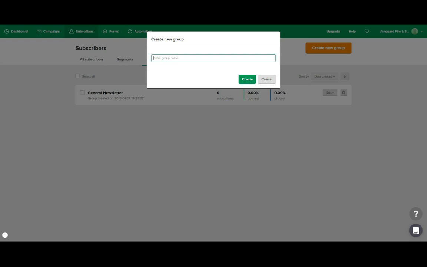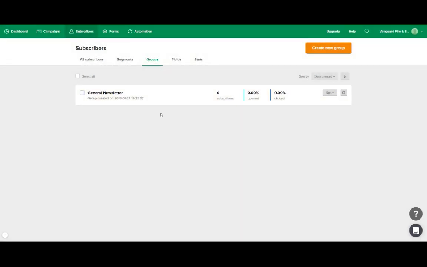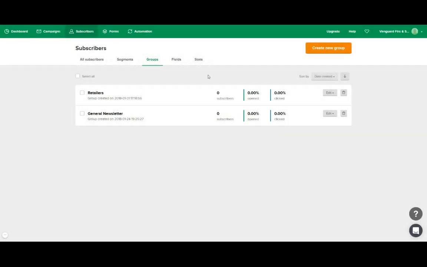If you email people, for example, retailers and the general public, that might not be your case, but I'm going to go with this example because it works quite well. So you can call your group retailers and then create it, and general public and create it, and it'll appear here. You see retailers, and then you'll see general public. Then when you have gone and added a subscriber,